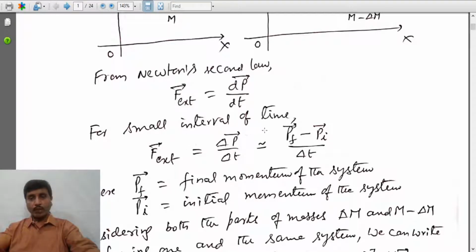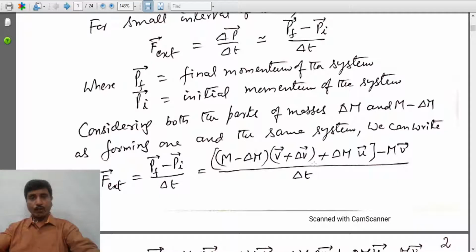For a small interval of time, F bar external is equal to delta p bar by delta t, that is equal to pf bar minus pi bar by delta t, where pf bar is the final momentum of the system, pi bar is the initial momentum of the system. Considering both the parts of masses delta m and m minus delta m as forming one and the same system, we can write F bar external is equal to pf bar minus pi bar whole by delta t,